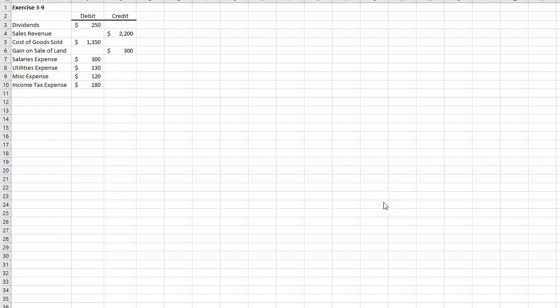Exercise 3-9. This particular exercise deals with closing entries. I copied the information up here at the top, so even if you don't have your book, you have the information. And we are supposed to prepare the closing entries for these accounts. Now, you might notice there's only a few accounts here. This isn't the entire trial balance or adjusted trial balance of a corporation. They only gave us the temporary accounts because temporary accounts